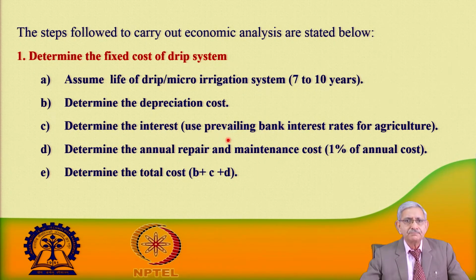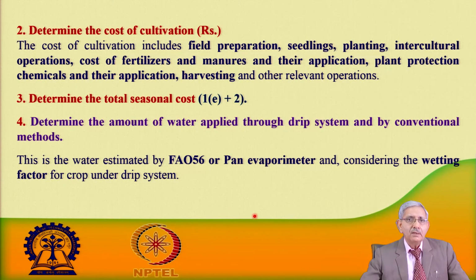bringing down the price, and then the prevailing bank rate interest, particularly for agriculture, which is a low interest rate, should be used to calculate the interest. Then the annual repair and maintenance cost is considered as 1% of the annual cost, and then the total cost of the system is the sum of the depreciation cost, the interest, and the annual repair and maintenance. So, this will be the total cost,